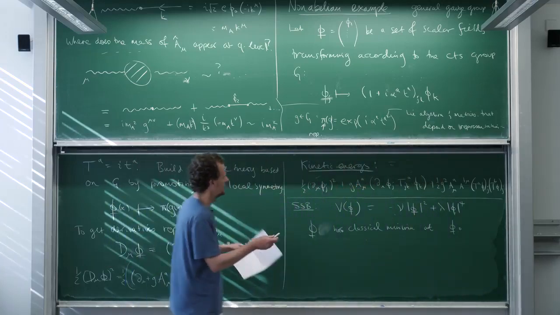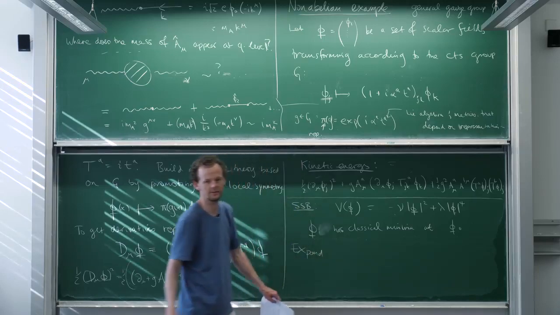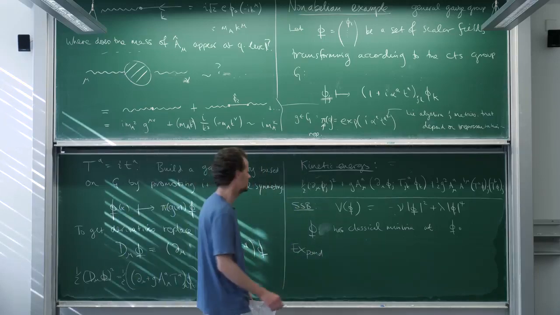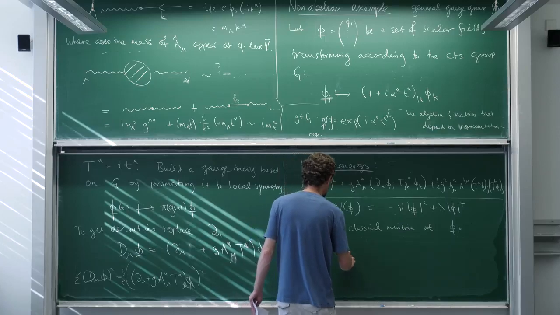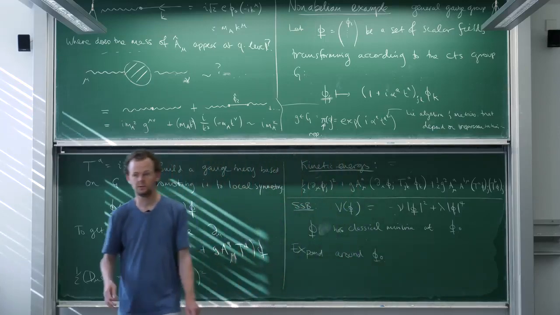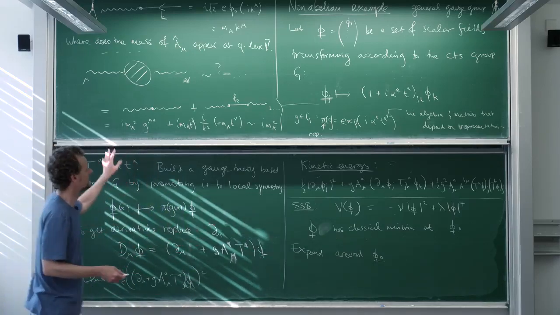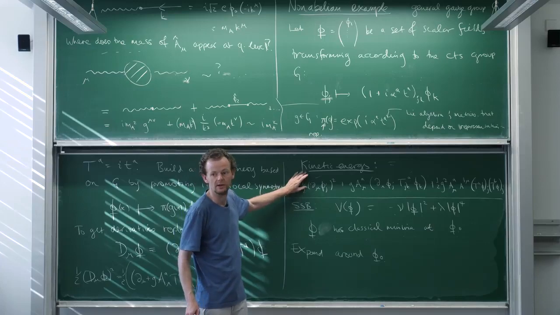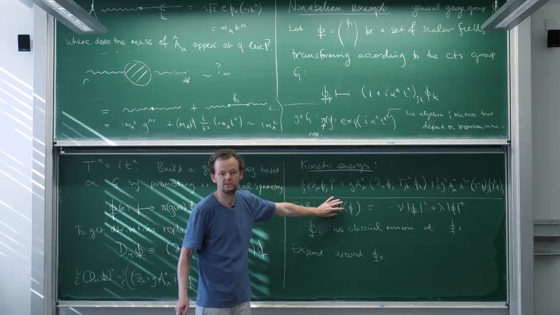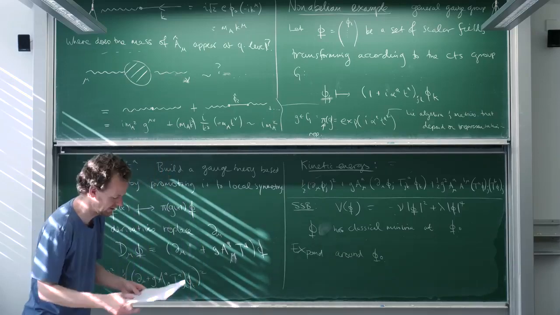And then, what's the next step, right? We've done this like 5, 6 times now, maybe 3, 4 times. We expand around phi naught. So we have some Lagrangian. We've been very vague about what the Lagrangian has in it. The Lagrangian at least has a kinetic energy term, and it has this potential energy term in it. It may have some other stuff in it, but those are the 2 bits that we need.